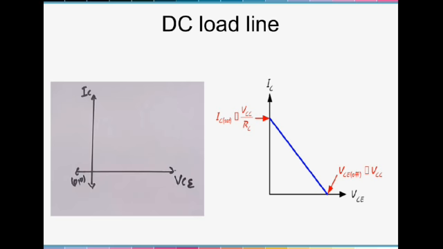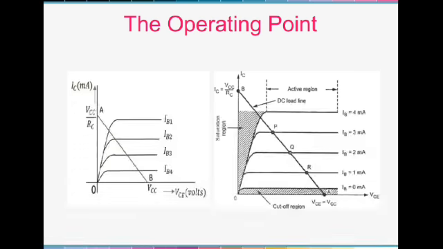To find VCE and IC, we are considering two conditions. To find VCE, we substitute the value of VCC as VCE. That is how we can obtain VCE. And to find IC, the value of VCC by RC is considered. And this is the operating point of a transistor. Point A in the first figure, and point A and point B are joined together to have the DC load line. In the DC load line, we are locating the operating points.